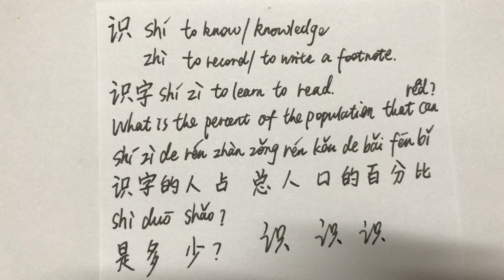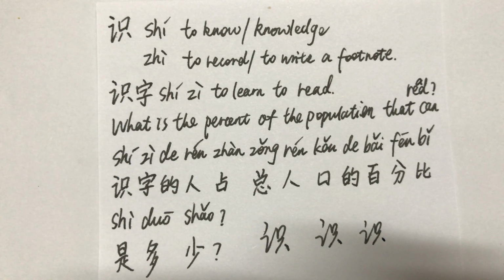识, to know, knowledge. 字, to record, to write a footnote. 识字, to learn to read. What is the percent of the population that can read? 识字的人占总人口的百分比是多少？